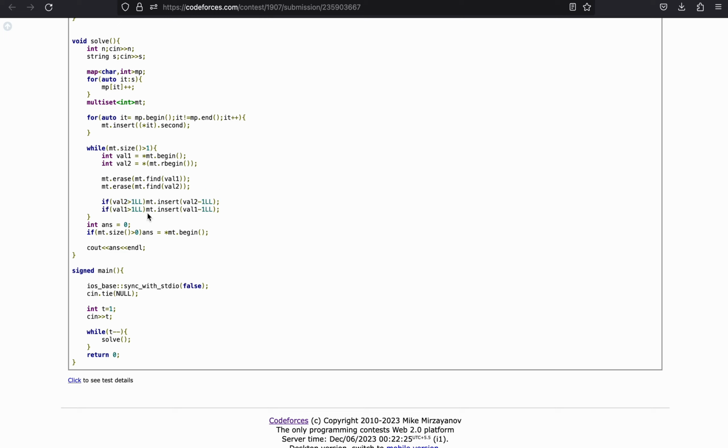So in this way we decrease the frequency of both of the characters. And if after decreasing, the remaining frequency is still greater than 0, then we insert it back, otherwise we do not insert it. We do this after making all the pairs of the minimum frequency element with the maximum frequency element, and then at the last